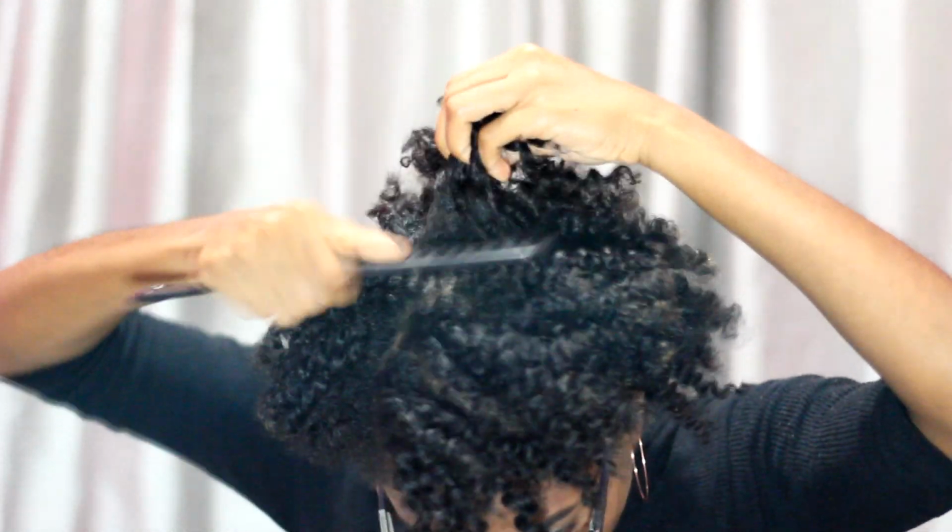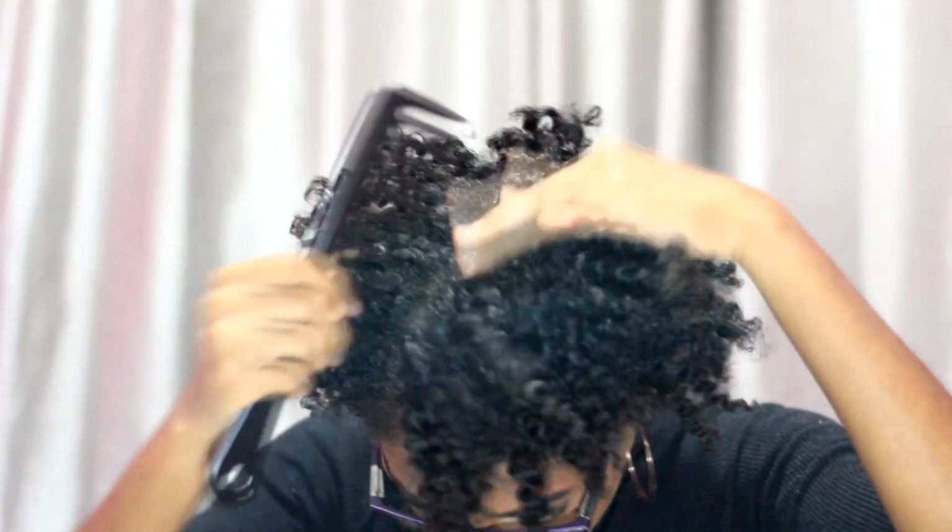Still not put together, as you can see, so I'm using my wide tooth comb. If you don't have an afro pick, you can do this. I'm using my wide tooth comb to fluff it up a little bit more,